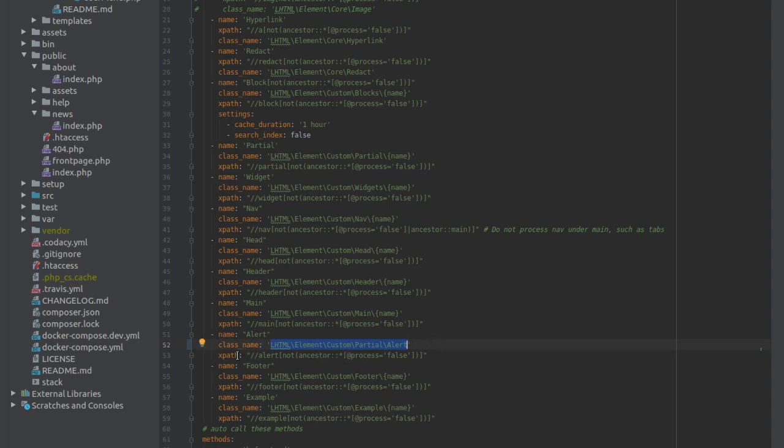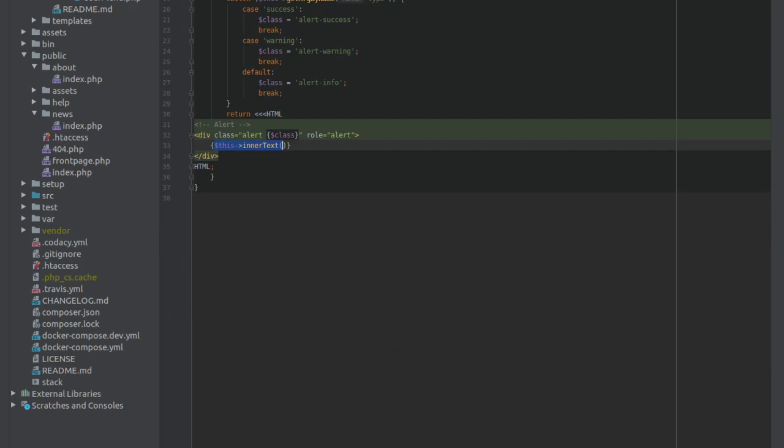And then this is an XPath expression that is used to look through the DOM for the tag that we created. XPath is a really powerful language that can be used to look up exactly what we want and exactly what we don't want. In this case, it's pretty simple. We're just looking for alerts. There's also this stuff on the end which is used to look up whether any of the parents have an attribute process that's set to false, and this is a way of turning off LHTML processing. So if we save that file